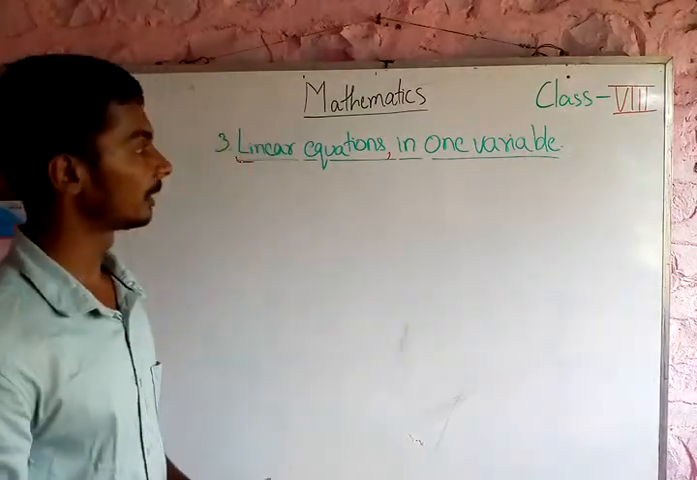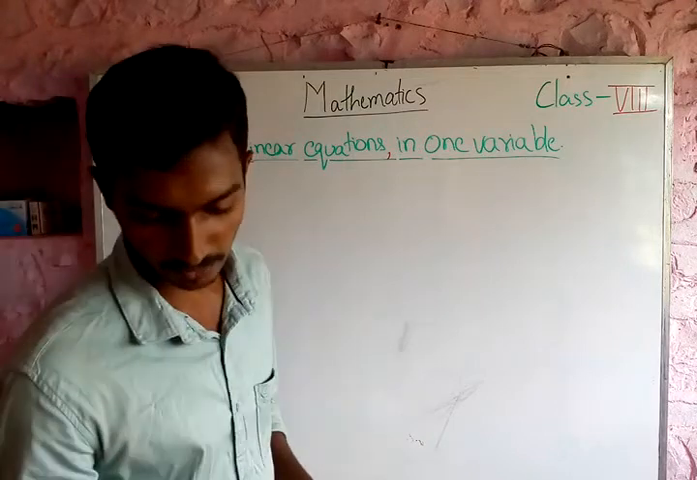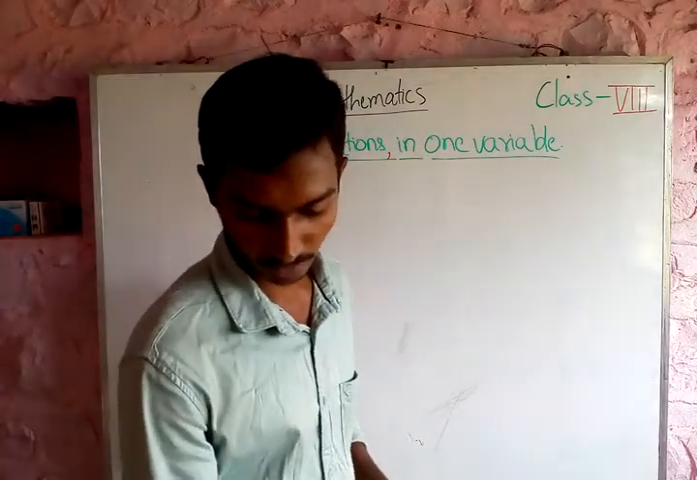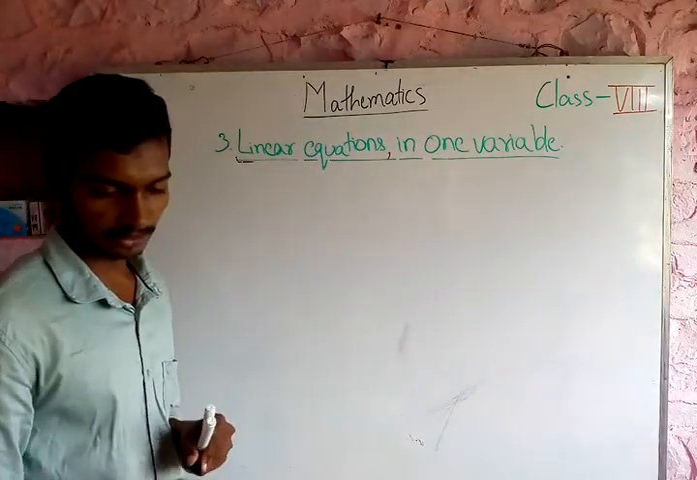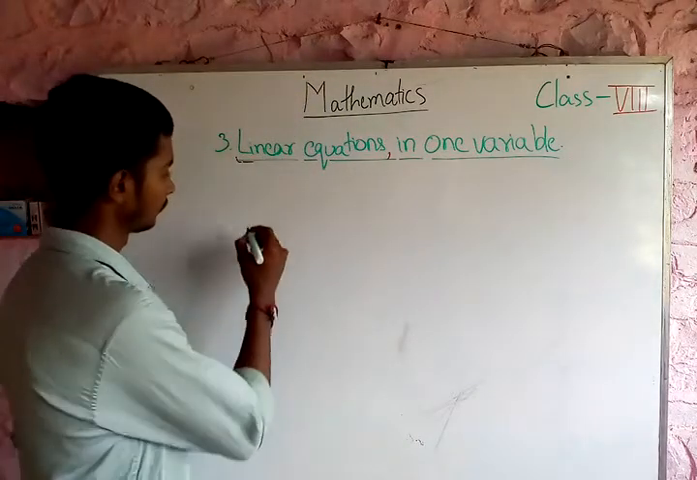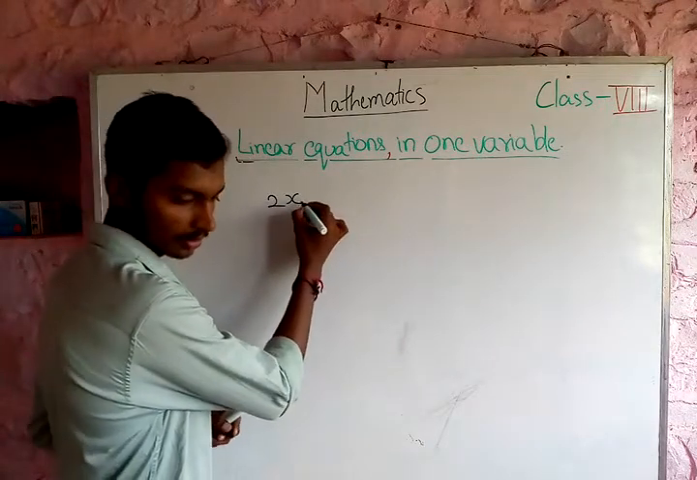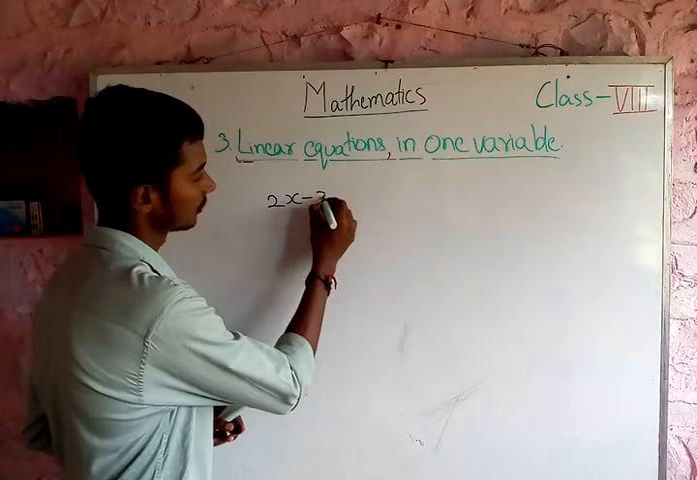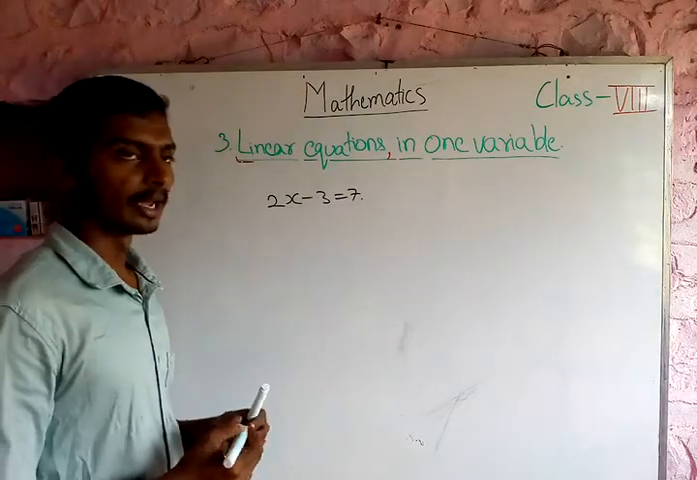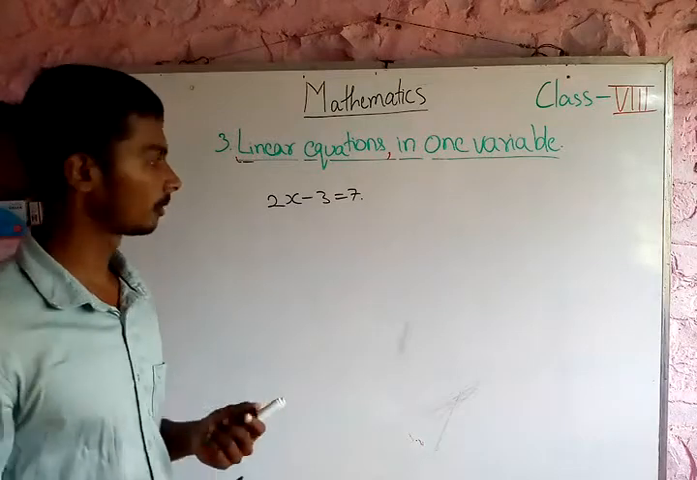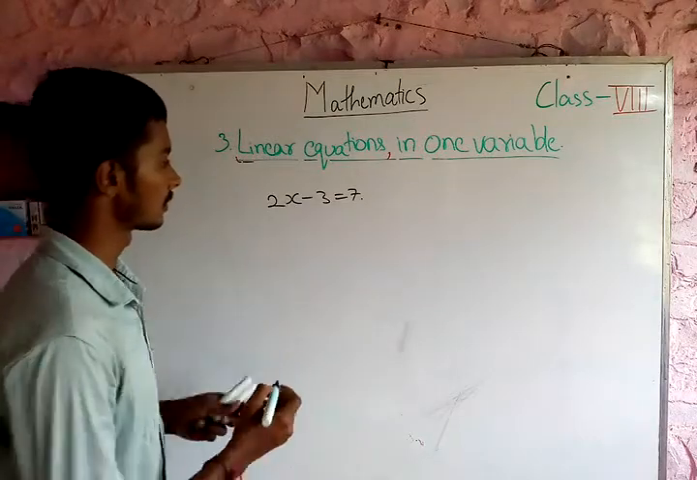Now we will try to solve some examples of linear equations. For one example I will take 2x minus 3 is equal to 7. This is one of your examples and you want to solve it. How to solve it? Now see here, the way for solving this is,